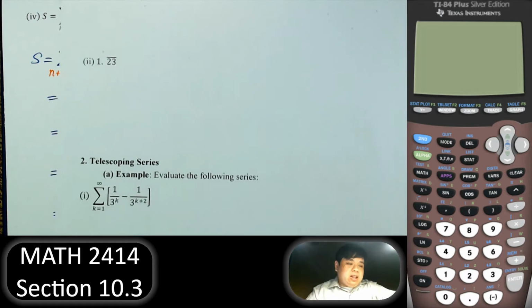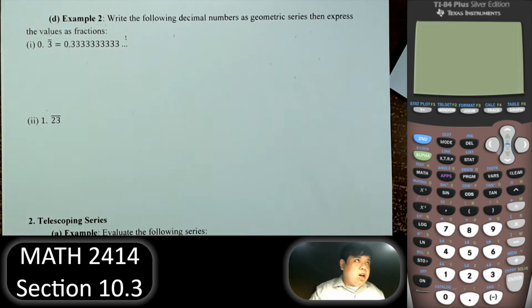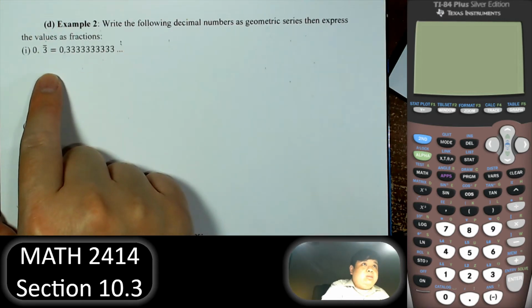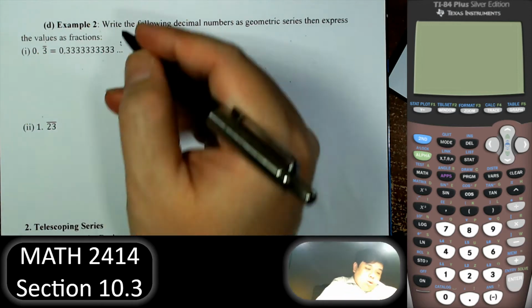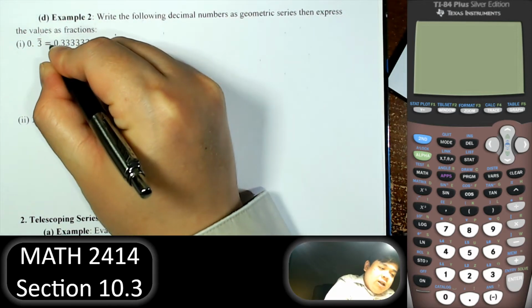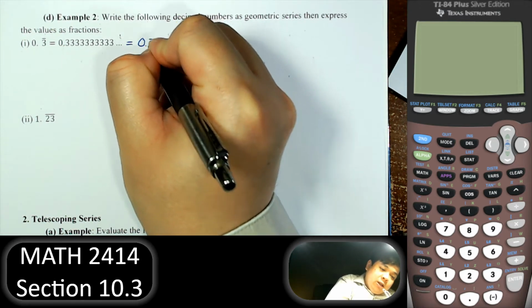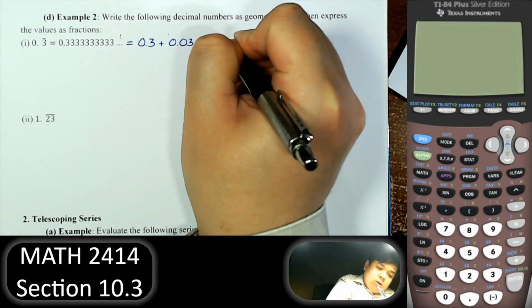Right. Now, next, you probably see this in calculus or college algebra. We have the repeating decimal, and we're going to write that as a fraction and use a geometric series while we're doing that. Right. Now, so when we write this repeating decimal, we can say it is 0.3 plus 0.03 plus 0.003